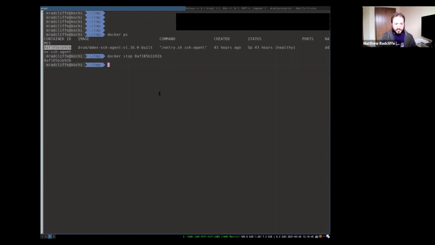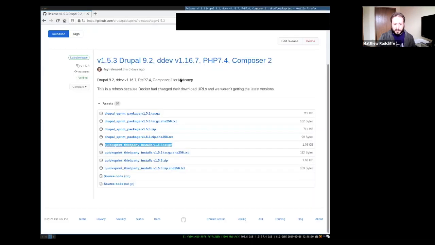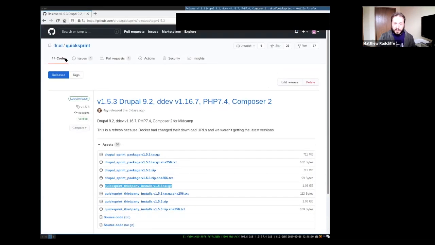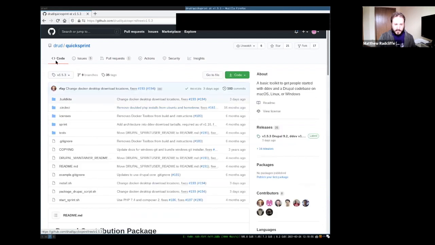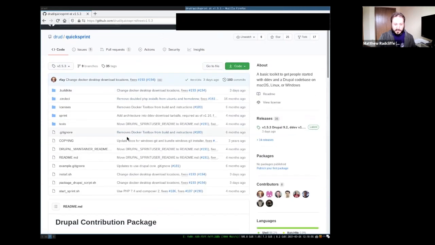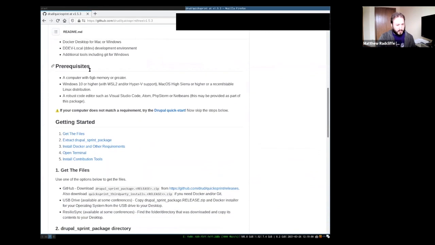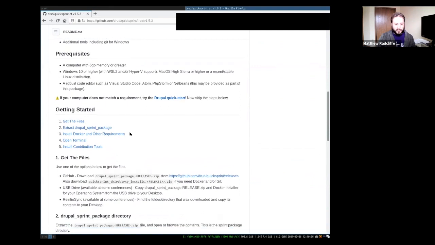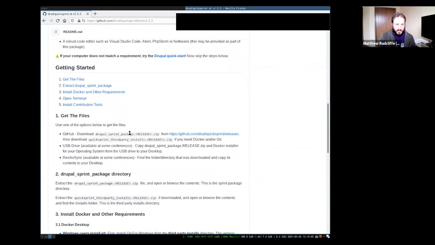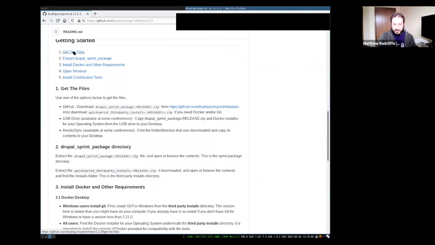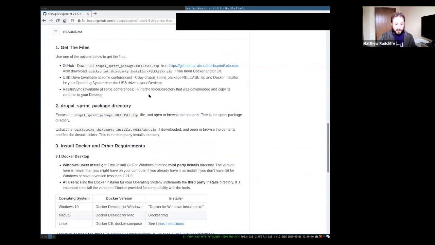So you've downloaded these two packages, or they're downloading. You can also click back on the code here and scroll down, and you'll see the README. This is what I'm going to run through as well. To overview, the first thing to do is getting the files, which is what you should be doing already by going through the releases page. So we're already past step 1.